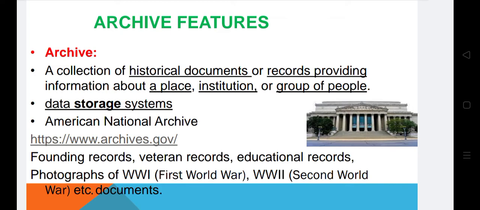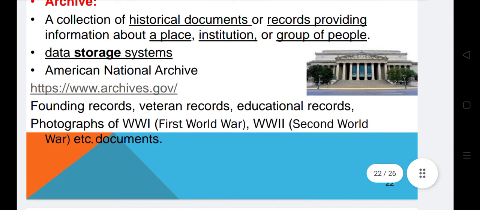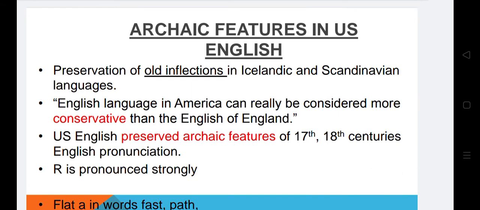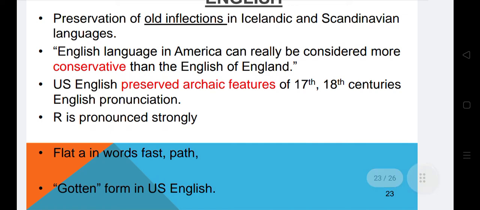We'll see archive, it's a collection of historical documents or records keeping, data storage, you can say. And the American National Archive was there. And then we'll discuss archaic features in US English. Basically, archaic refers to something that is very old, antique, ancient. So preservation of old inflections in Icelandic and Scandinavian languages. English language in America can't really be considered more conservative than English of England. US English preserves archaic features of 17th-18th century English pronunciation